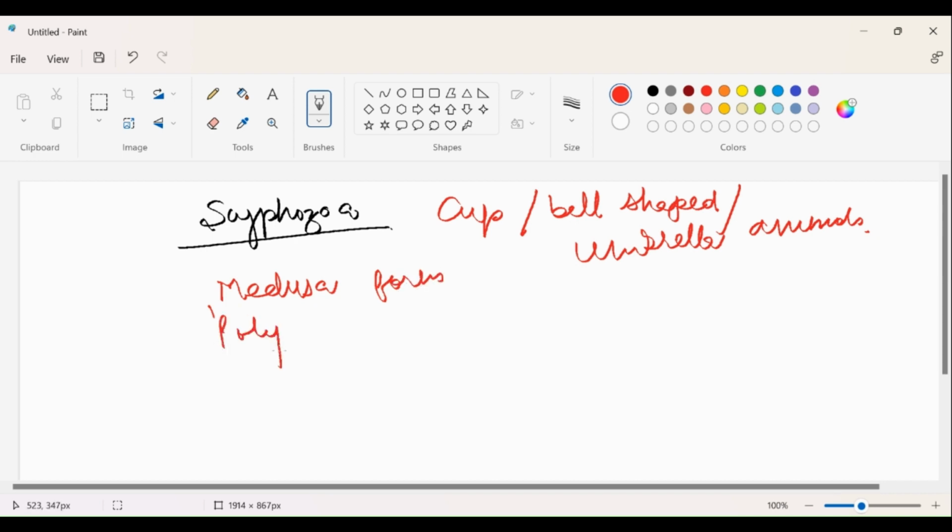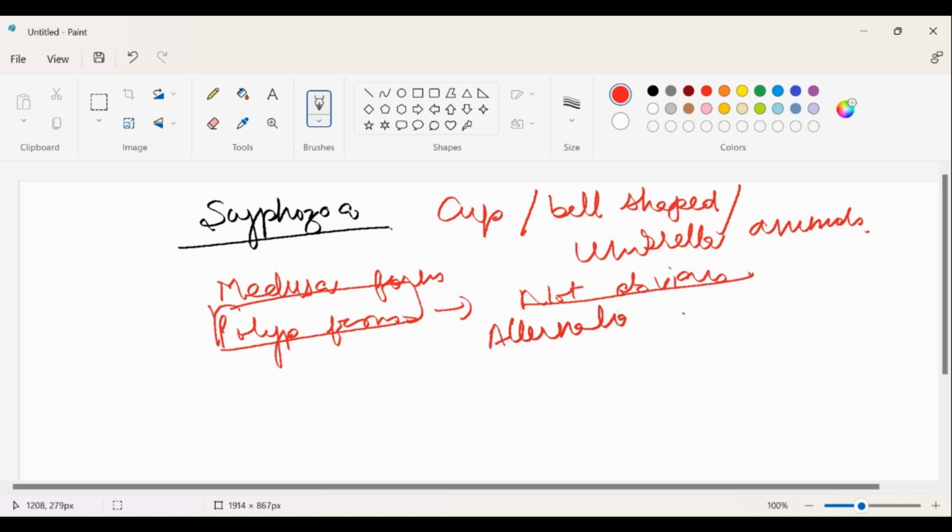where polyp form is absent or not obvious, means it is just a transitory phase which is present, and hence, as I said, medusoid form is present and the polyp is not very obvious, so alternation of generation is missing, is not there. Okay,